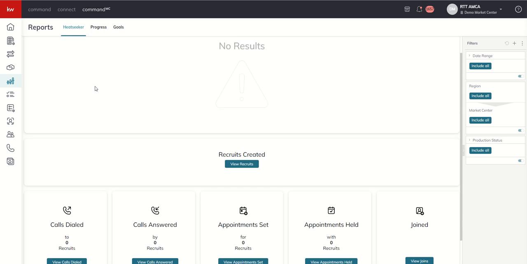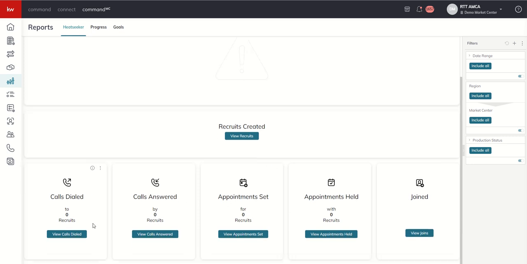Now this is only tracking heat seekers at this time. It's only tracking the activities done on heat seeking recruits. It logs again your activities created around dials, and they need to be call-based activities that are logged. Again, an answer gets credit for both. And you can see there are little tooltips here, right? Whoops, that's not a tooltip. But you can get more information about this inside of the answers article, which I'll also post inside of the challenge spreadsheet there at